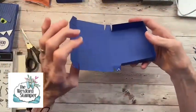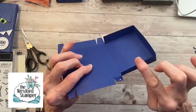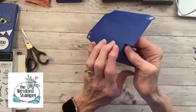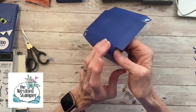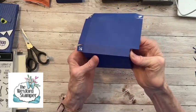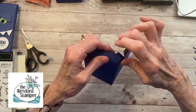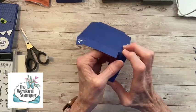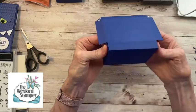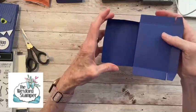Okay, now these 2 in the center are going to be part of the bottom of the box. So we're going to fold those in, and we're going to adhere those to the same part of our treat box that we attached the first 2. So we're basically making the bottom of the box. And then the other part is going to be the part that folds down over. So it's like a clamshell box. All right, so there we go. We've got the bottom